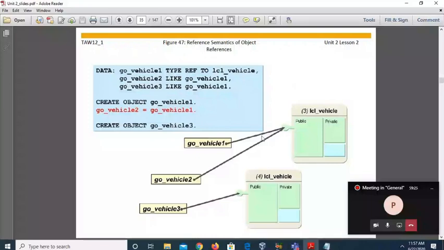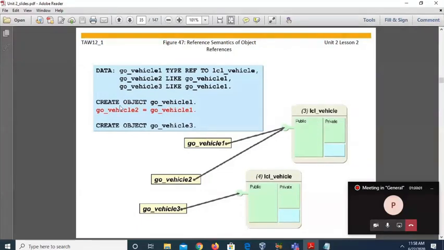Okay, now we are going to create the object. CREATE OBJECT go_vehicle_1. That means the first object we have created here. But now we are assigning this object directly to the reference variable go_vehicle_2, without creating the go_vehicle_2 object. That means the semantics of go_vehicle_1 will be assigned to go_vehicle_2.